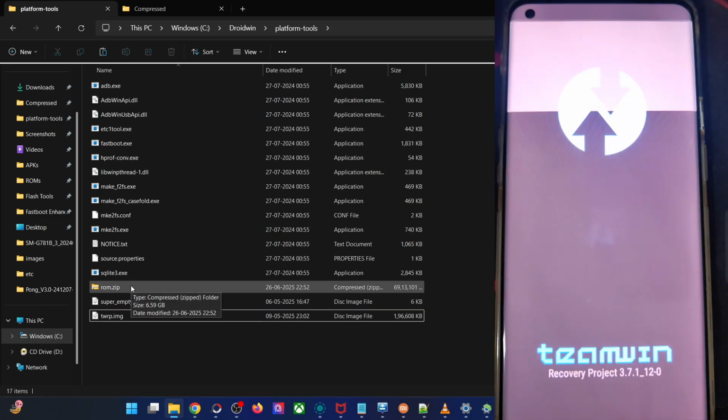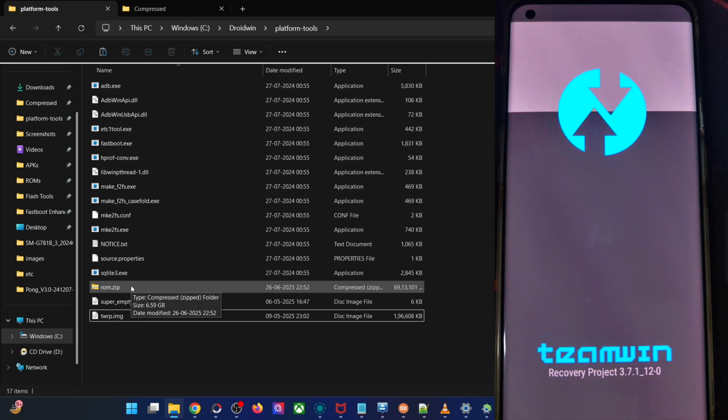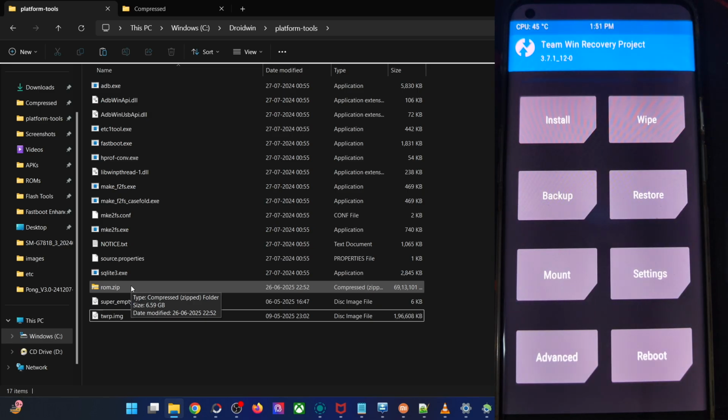So let's see if the phone is shown in the PC or not. In some case, it might be shown. In some case, it's not shown. Both the cases are fine. It's nothing to worry about. So let's see what happens in my case, and then we will work accordingly. The first boot up will take up some time. It's all normal. So guys, now you'll have to do a wipe as well of format data to remove encryption